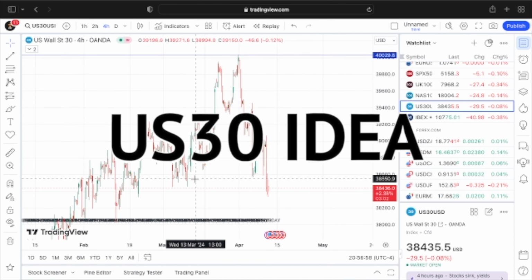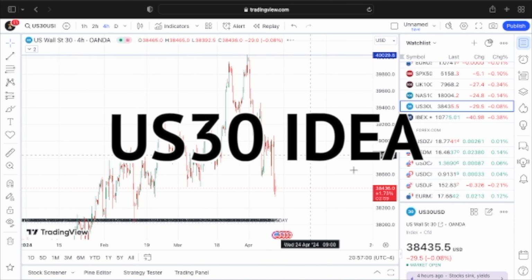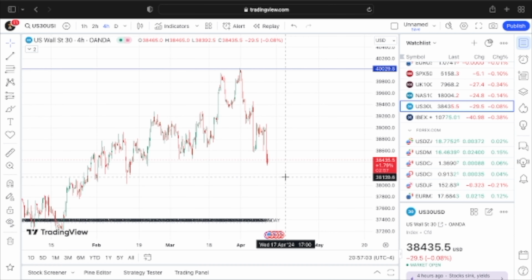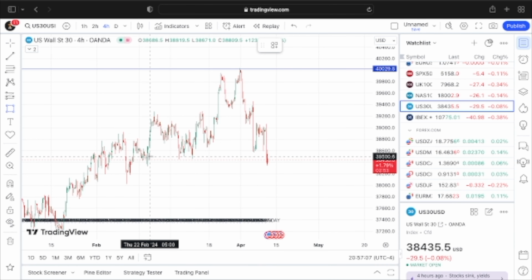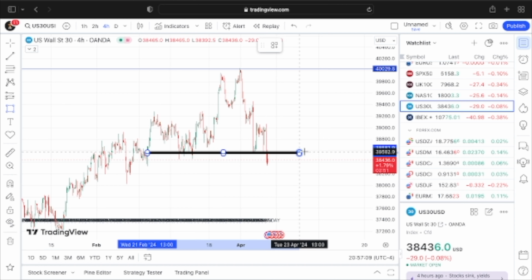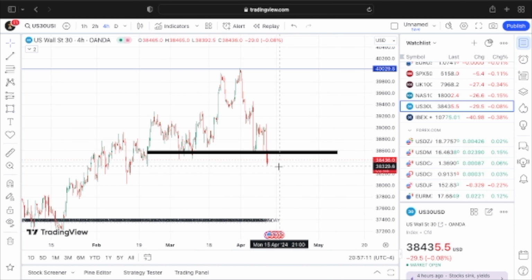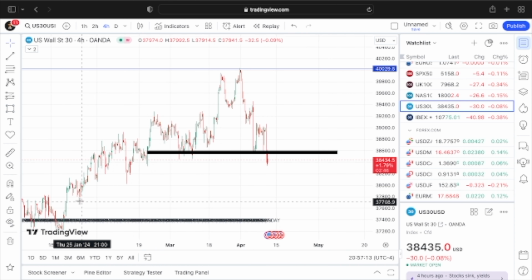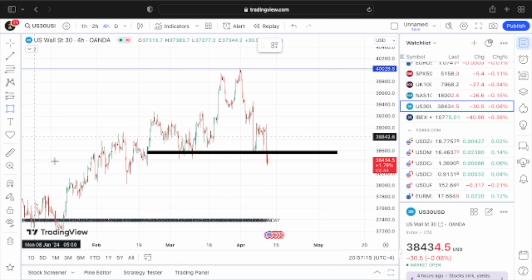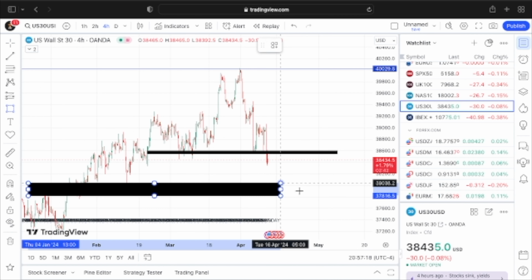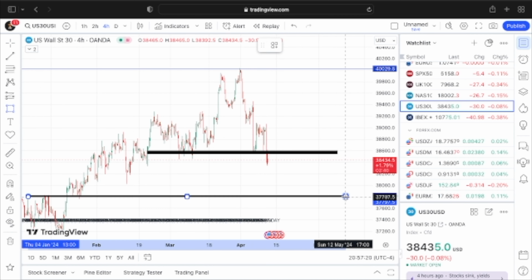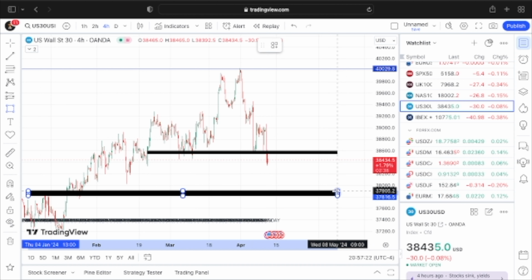So same thing for here. It may be a little different because of the numbers and whatnot, but it looks like we're already below this level. Nas follows US 30 or vice versa, however it goes. So we are below this level. Price is close below this level. The lowest target for me would be down here. If y'all don't have enough in y'all's account to trade Nas, I'm not even gonna say that because I'm not a financial advisor, so don't listen to shit I'm saying.